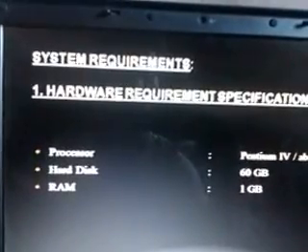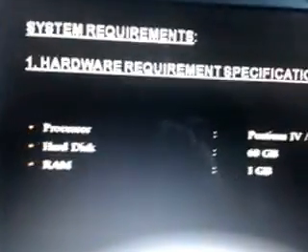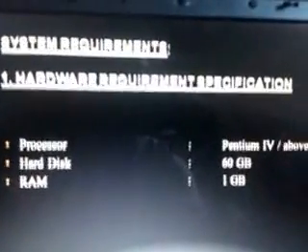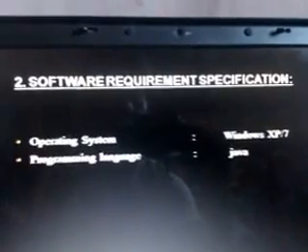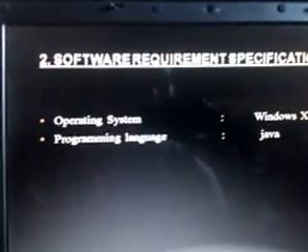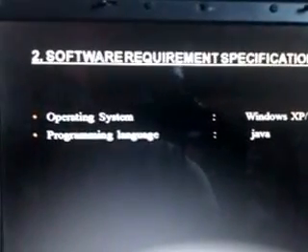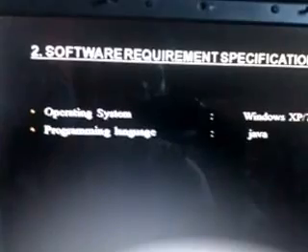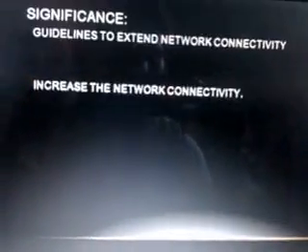And this is the system requirement. It is a general Pentium 4, 60 GB, 1 GB RAM, and I need Eclipse for implementing my project, or any other JDK Java framework. The operating system, you all may know, is Windows XP. Likewise, I would end this presentation, which gives you a brief intent about my project and what I have done in this project period. So thanks.